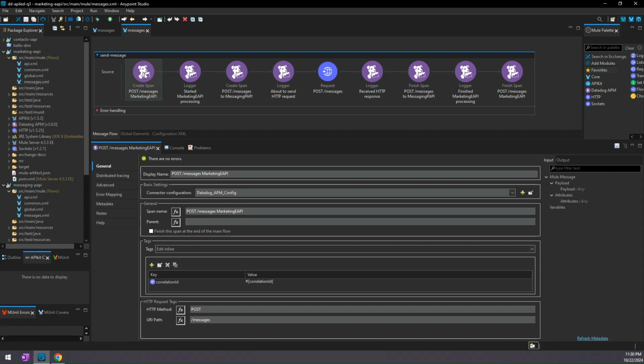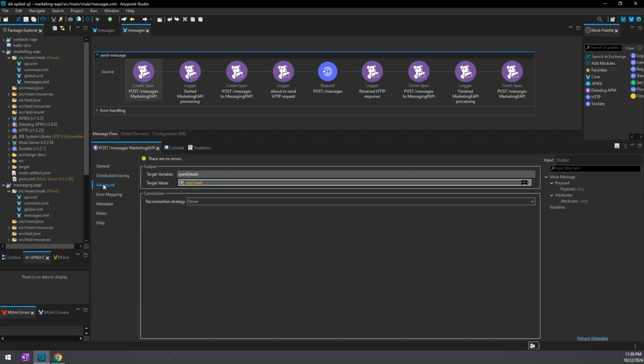If you have any other service calling this Mule app, that will be your originating place, and then you just keep propagating it. But in this case, this is my first create span ever. So what do I do besides setting what we already talked about, which is a span name, HTTP method, correlation ID, and so on? In advanced,